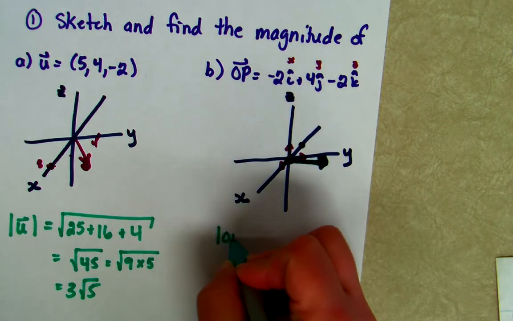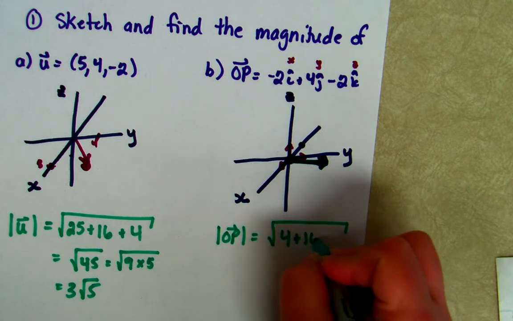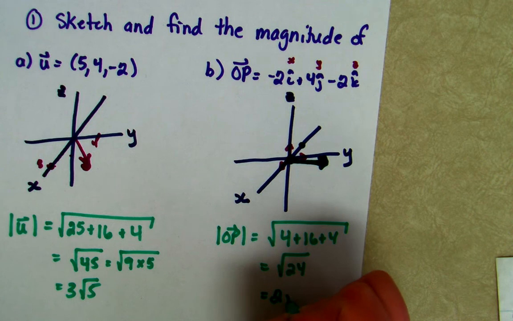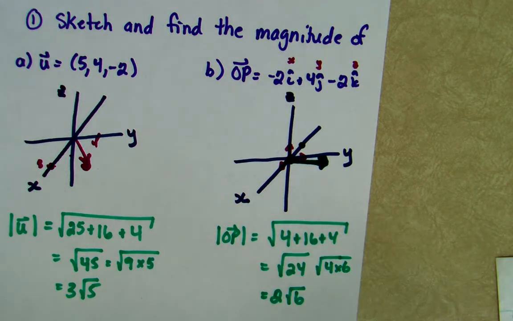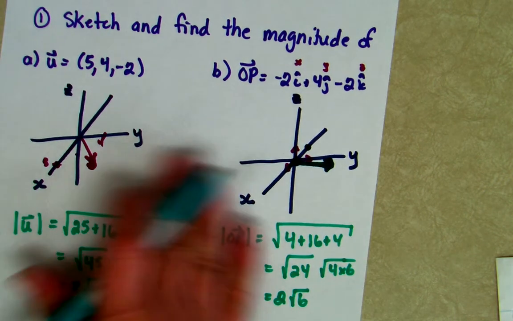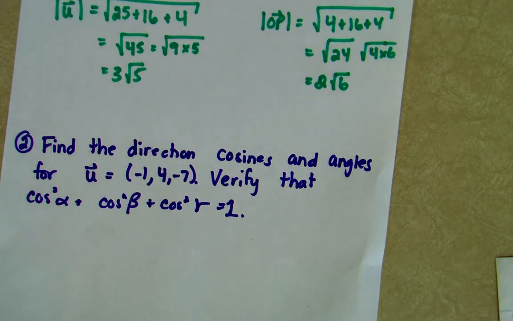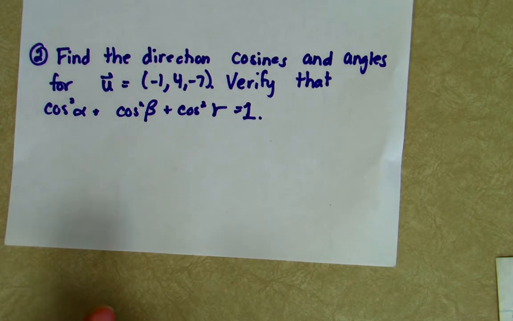So here, the magnitude of OP is going to be the root of 4 plus 16 plus 4, which is root 24, or 2 root 6, because 24 is 4 times 6. So when I reduce it, the root of 4 is 2, and I'm left with the root 6. So magnitude in sketching in 3 dimensions is not that big a deal if you remember where the actual axes are. Direction becomes a little bit different, though,